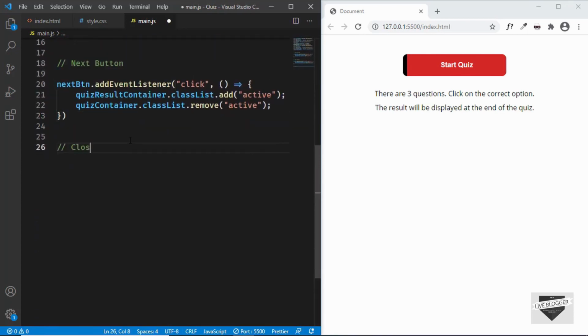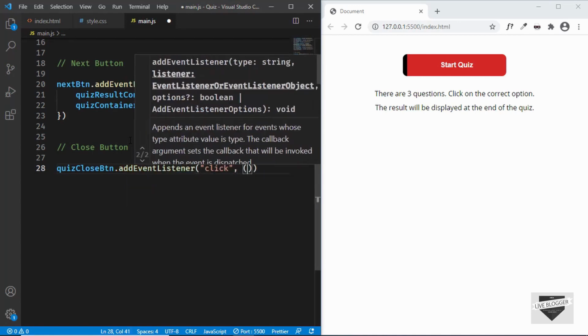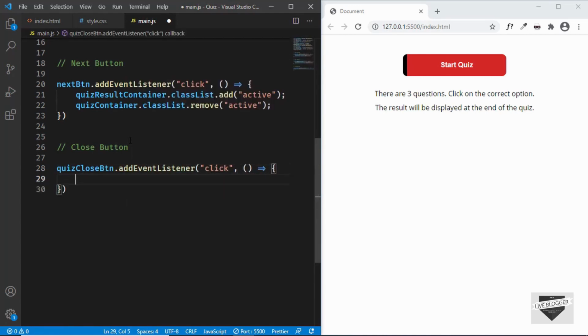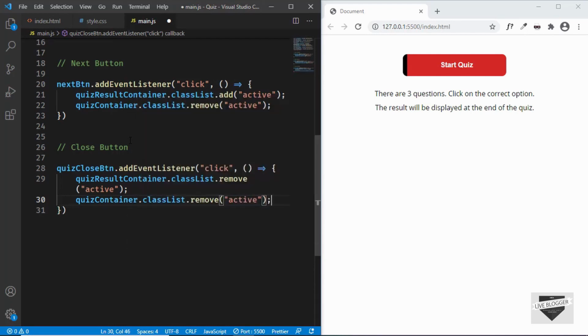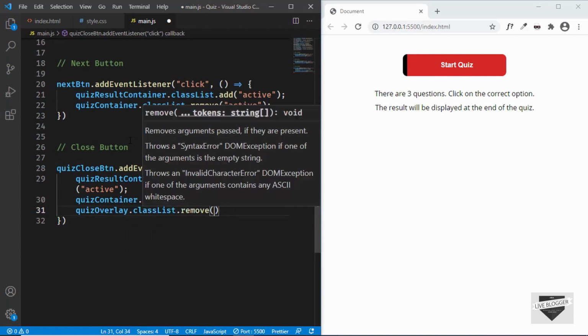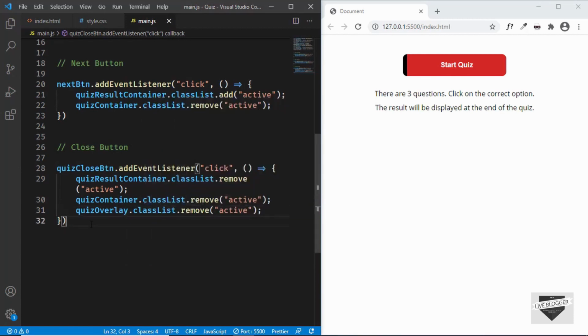So let's type quizCloseBtn.addEventListener, click, and in the function we will type quizResultContainer.classList.remove('active'), and we also want to remove the active class from quizContainer.classList.remove('active'), and we also want to remove the active class from the overlay. So we'll just type quizOverlay.classList.remove('active'),